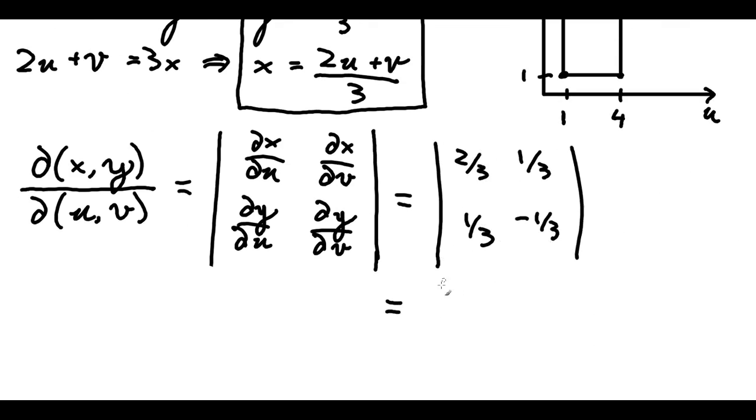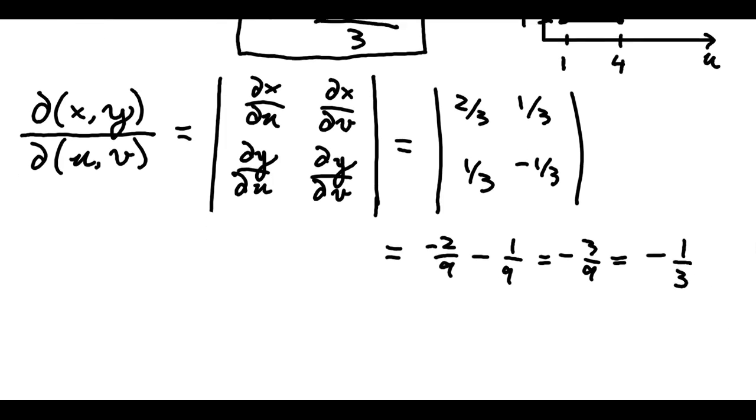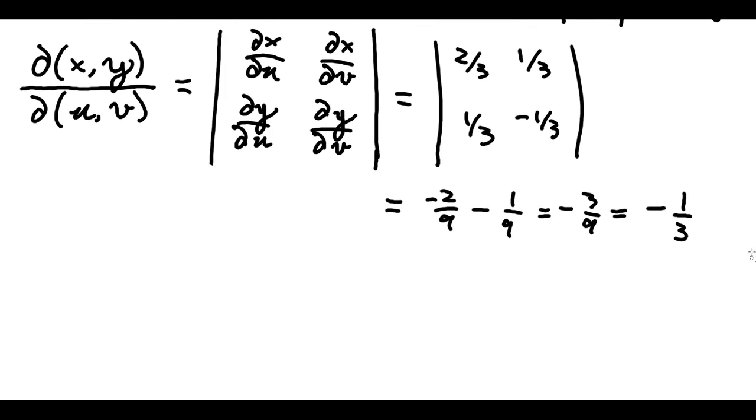Evaluating that, we have 2/3 times negative 1/3 is negative 2/9, minus the back diagonal is 1/9. That is negative 3/9, or negative 1/3. That is the value of the Jacobian. It is a scaling factor. So what this tells us is that the